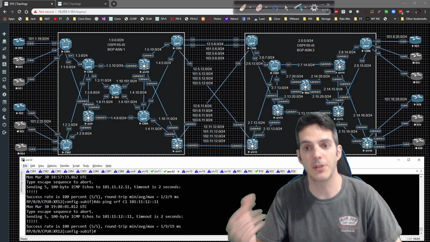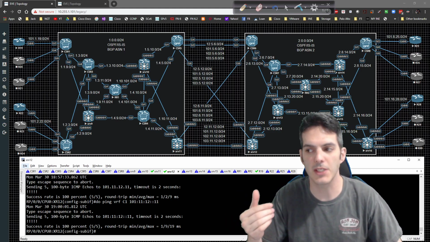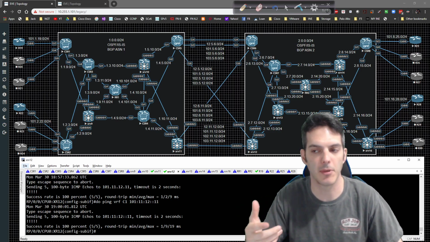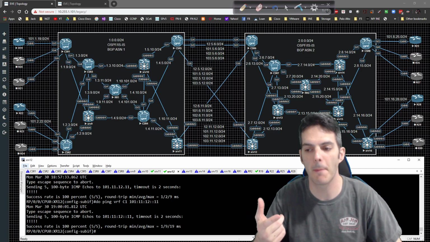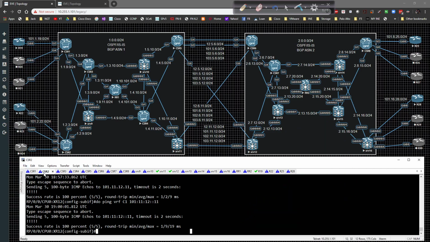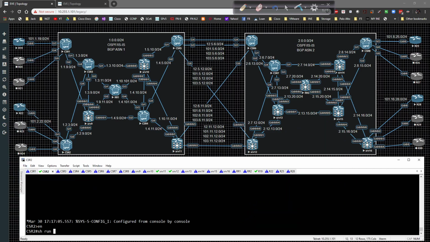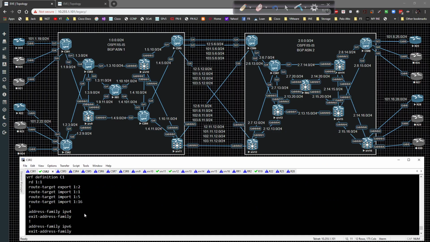So now all I have to effectively do is go in and configure the BGP peering between them and make sure that I believe I've already set up the PE routers to import that particular route target that the ASBR for XR are going to be propagating. Let's just validate that real quick. So for example, CSR2, if we do a show run VRF, when we look in here, we should be receiving, we're importing